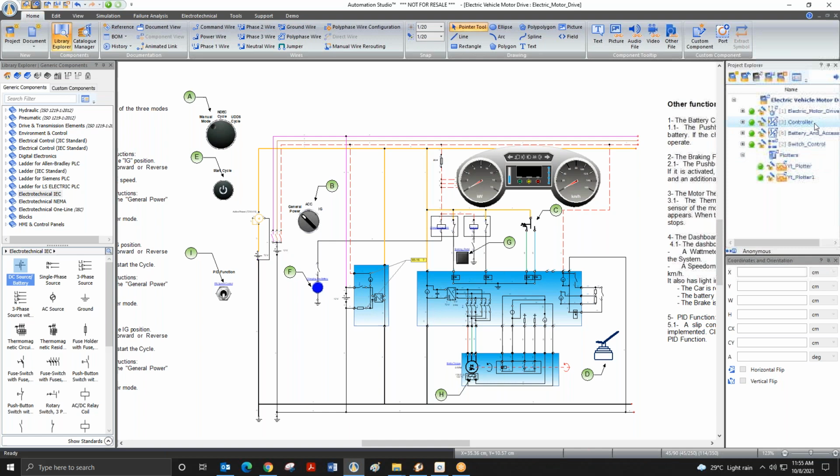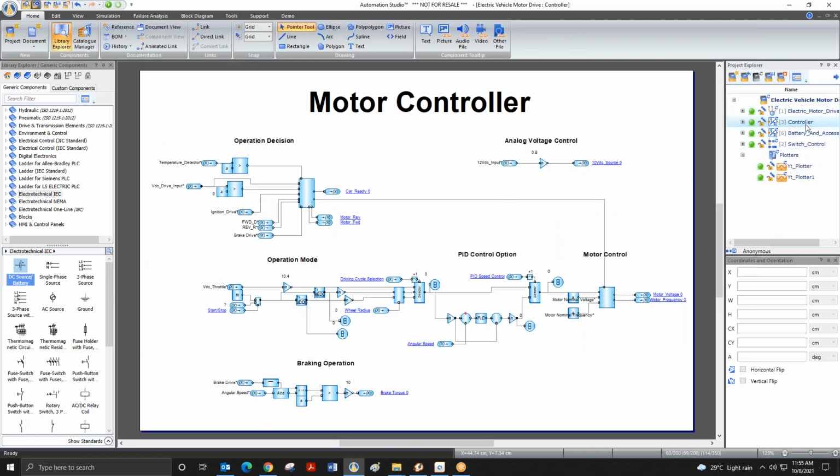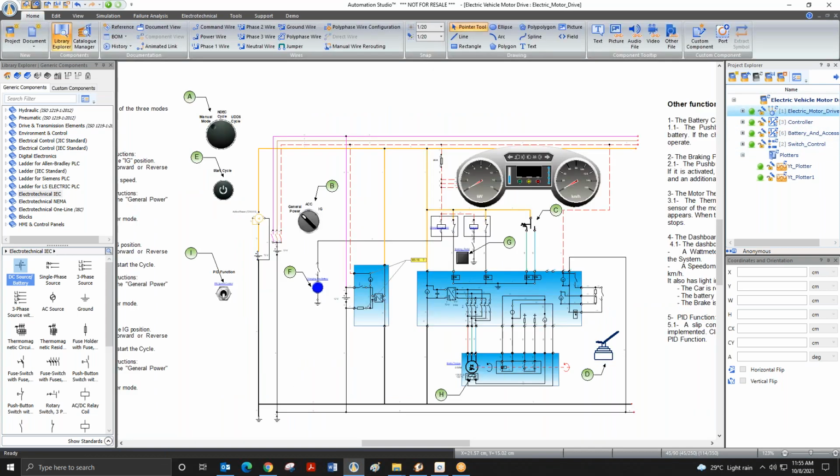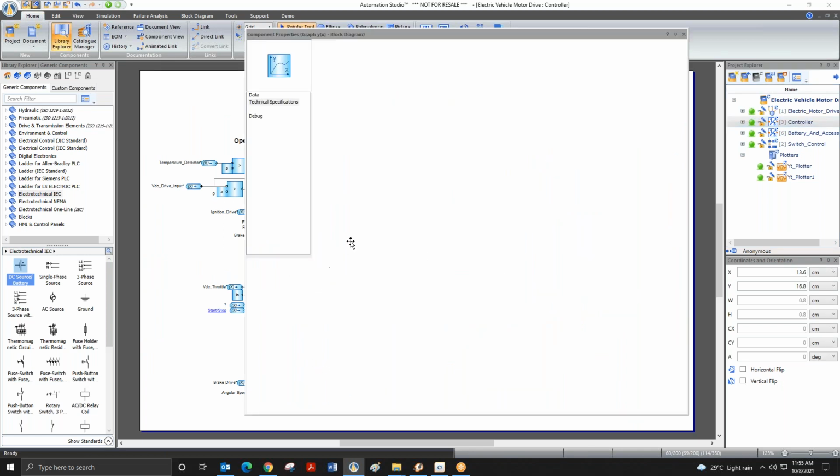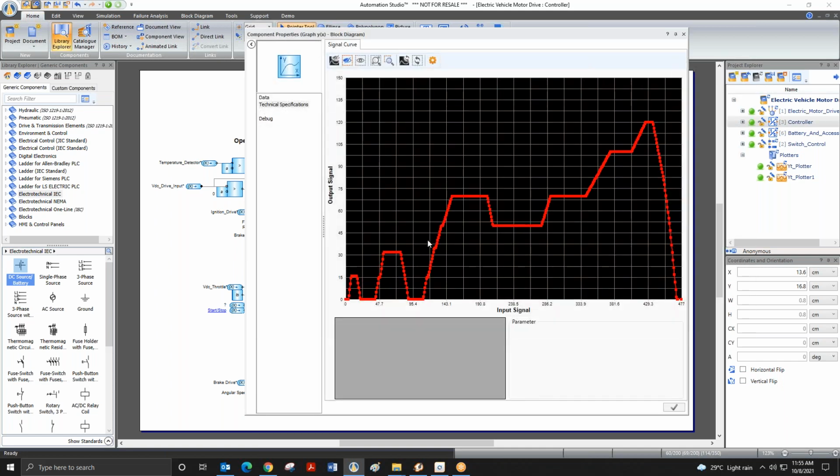In the second page, controller logic, we have designed the controller for all that. So this controller logic we have defined over here. If you see here in NEDC, this is the graph that we have plotted.